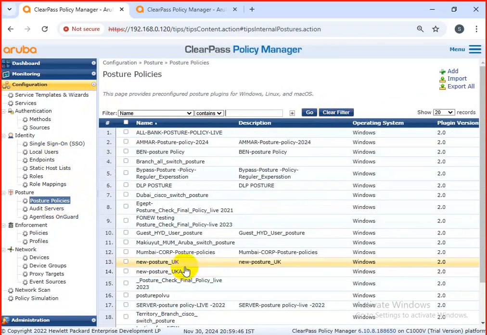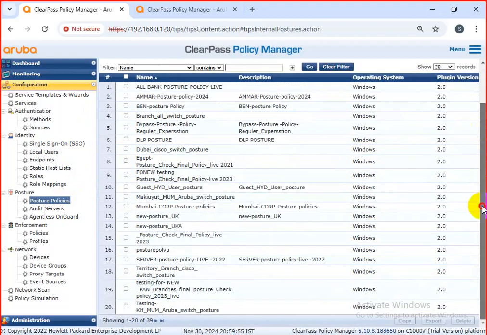What is the use of the posture policy? Have you heard about how to use the posture policy in any environment, any previous